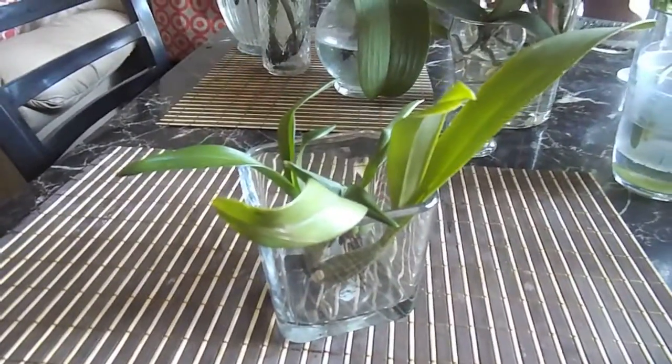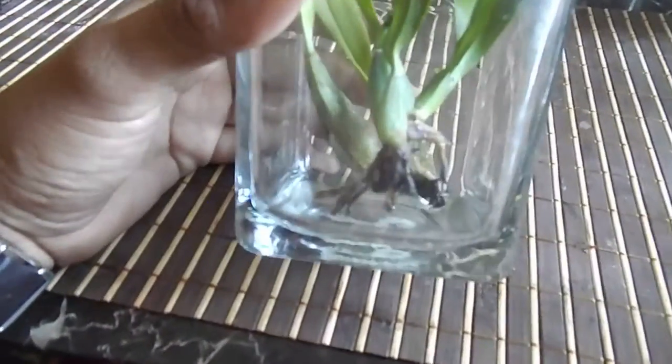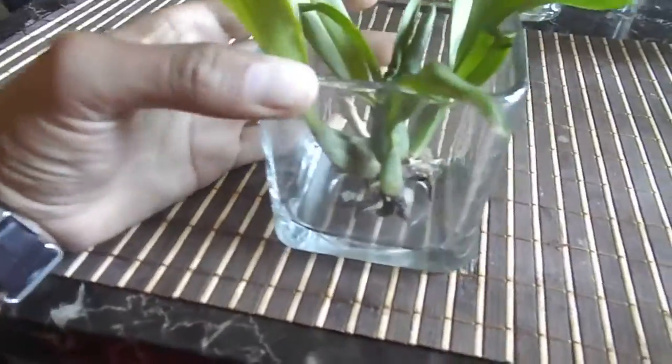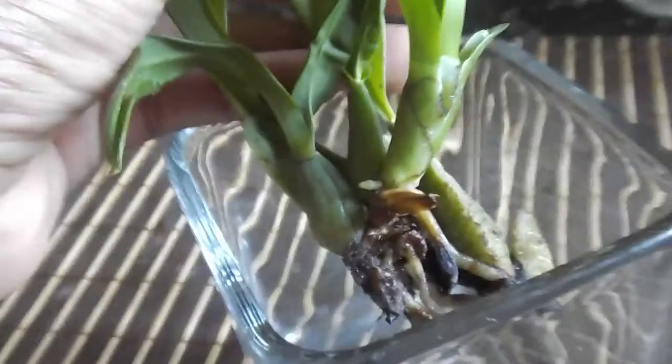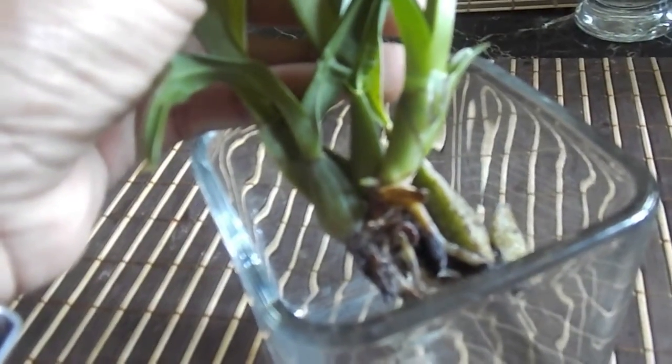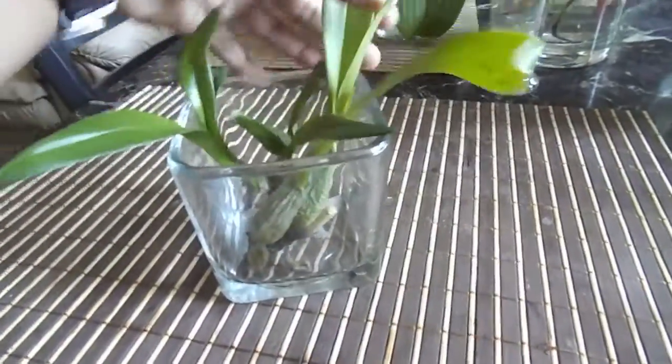Here's this. It's an Oncidium type orchid. It is drying up now. I barely put water in it. I just transferred this one about a week ago. I see it's got a new root forming there. If it wants to focus, but I doubt it will. Anyways, it's got a new root forming, new growth. So hopefully this one